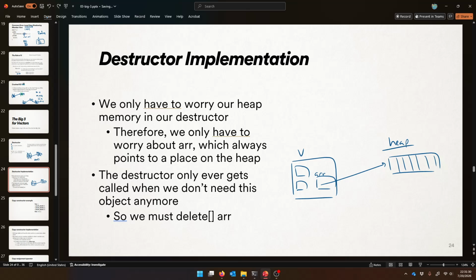And yeah, the destructor is going to get called when we're done with this object. So we're done with this thing on the heap. We want to get rid of it. We want to delete bracket bracket R. And don't forget the brackets. The reason we need that is because R is just an int star. Right? It's just an int star, and so C++ doesn't know by default, like was that a single int on